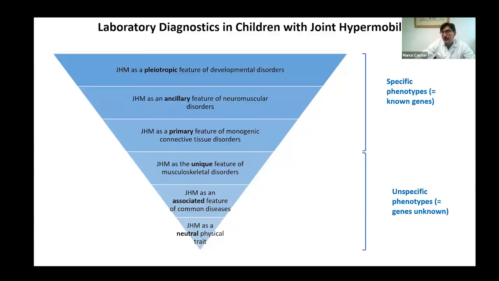Okay, from a clinical laboratory perspective, a key issue is discriminating between phenotypes that are eligible for molecular confirmation and those for which molecular testing is not yet available. Monogenic phenotypes are those for which joint hypermobility may be considered one of the various pleiotropic manifestations of a musculoskeletal developmental disorder, an ancillary feature of a congenital neuromuscular disorder, or one of the various primary features of a monogenic